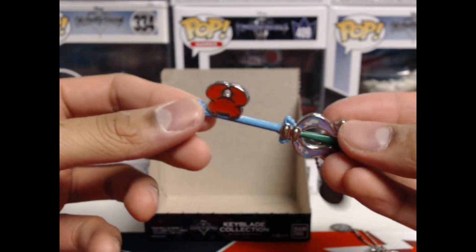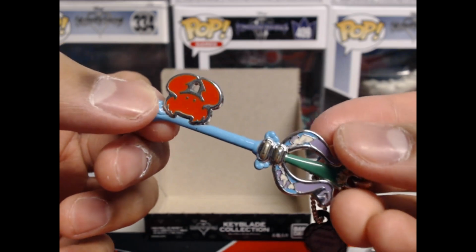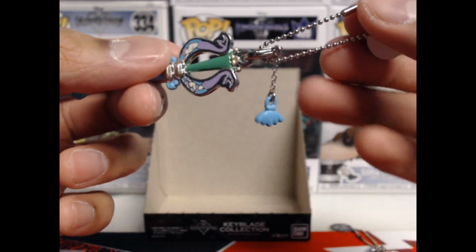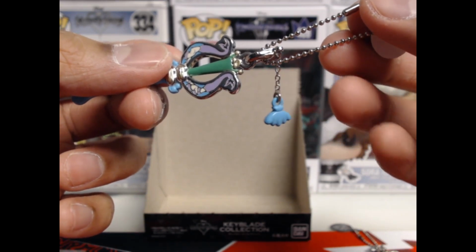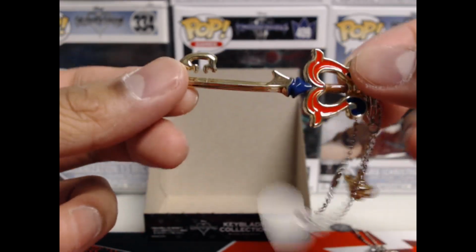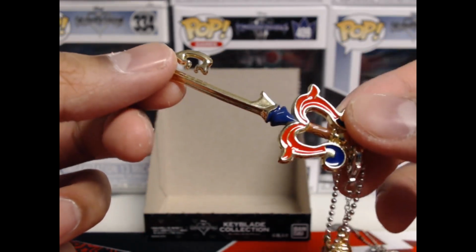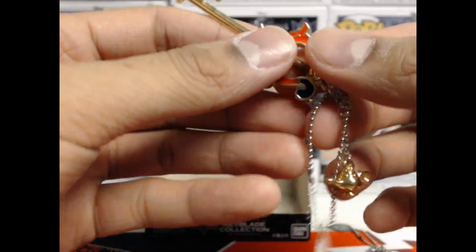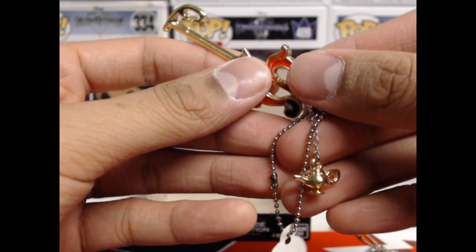We have the Crab Claw here, which again, super detailed. Look at that tiny little crab at the end there. And then I didn't show off the keychain, but there it is. It's the little seashell right there. We have the 3 Wishes one, which aesthetically I think looks the best, in my opinion. Maybe that's just me biased, because I really like the movie Aladdin. Here's the tiny little lamp charm